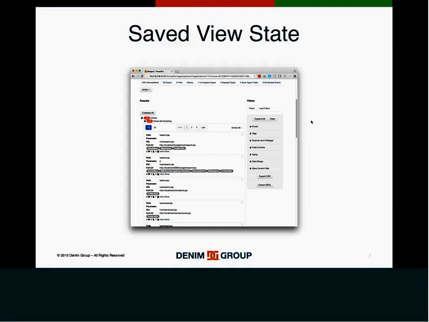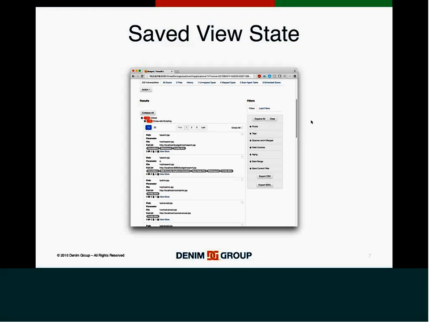Let's see what that looks like. Again, it's hard to show in a screenshot what the saved state looks like, but as you navigate away from this page and navigate back, the decisions that you've made for filtering and for drilling down in the data